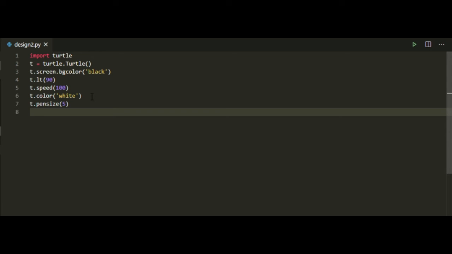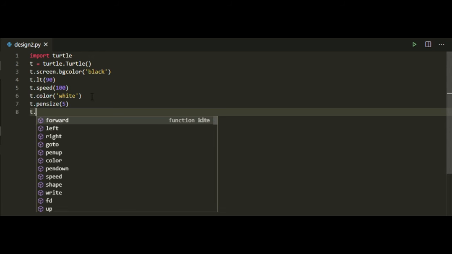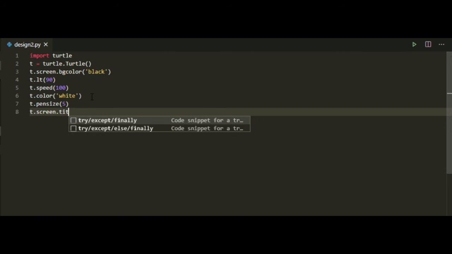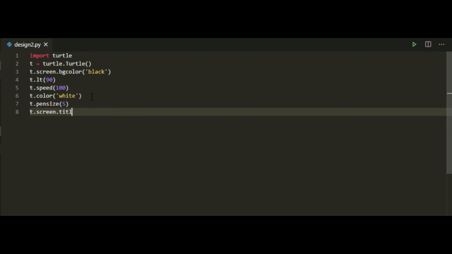And then we'll set the title by saying t dot screen dot title, and I'll write fractal pattern using recursion.